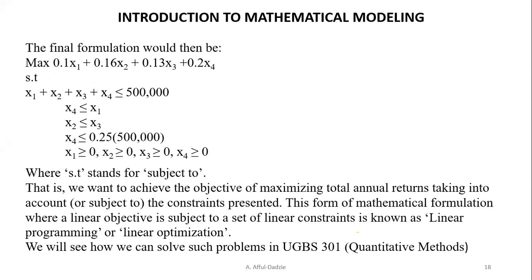Okay. So the complete mathematical model oftentimes will look something like this. It says maximize this function subject to, ST means subject to, the constraints, x1 plus x2, and that, and that, and that, and then your non-negativity constraints. Okay? We'll be doing the solutions when we get to quantitative methods, and that one would treat more of the heuristics there. All right, so